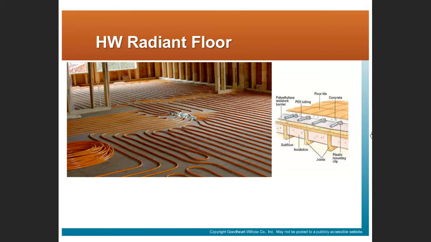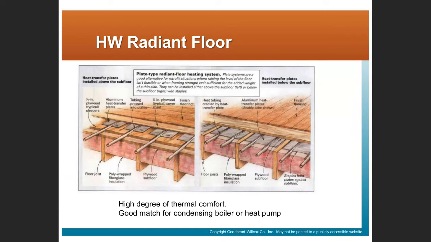So that's a hot water radiant floor system. And again, if you remember that picture of the boiler that I had a little while ago, you have a manifold with lots of connections because you might have a different piping connection for different areas of the house. And in this particular detail, we have some insulation to make sure that the heat goes upward into the space and not down into the basement. Here are some other details for how you might incorporate a hot water radiant system